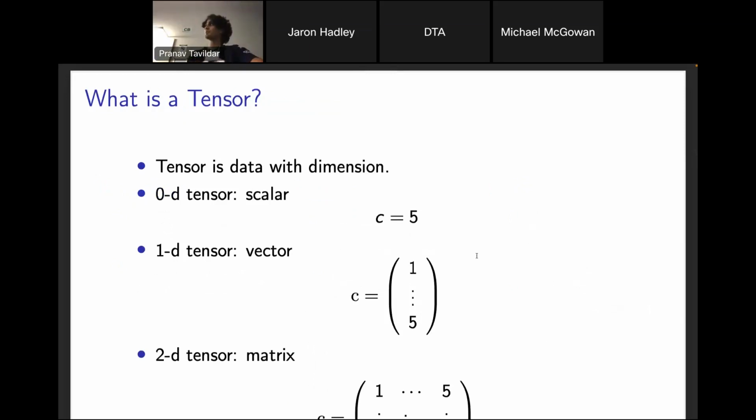I mentioned earlier in the prerequisites that a bit of linear algebra knowledge would be necessary, and this concept becomes a lot easier to understand if you understand how data works with dimension. If you have a vector, that's a 1D tensor. You could also have a 2D tensor, which is a matrix.